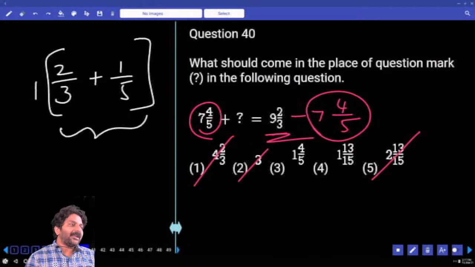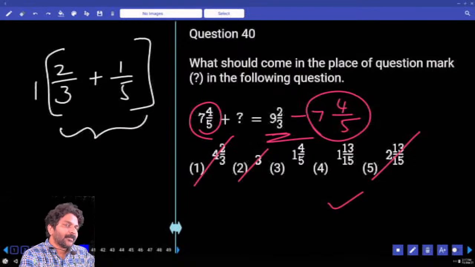Now we need to add these two fractions. That's our job. When you look at your denominators, they are 3, 5 and you need to take LCM, which is 15. Can I go directly to the fourth option? No. Your answer may be 15 or